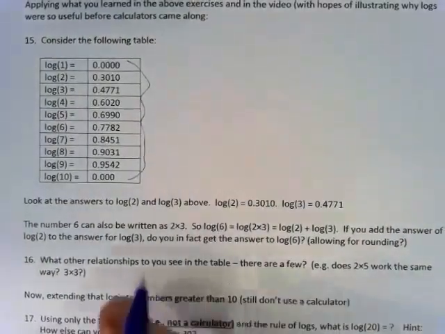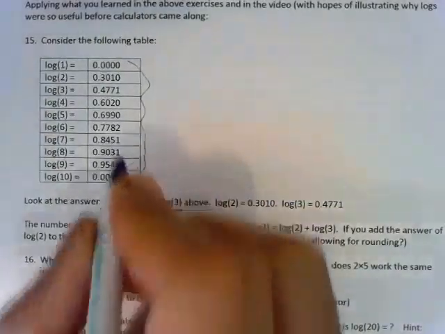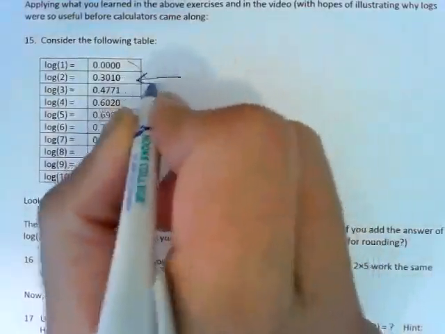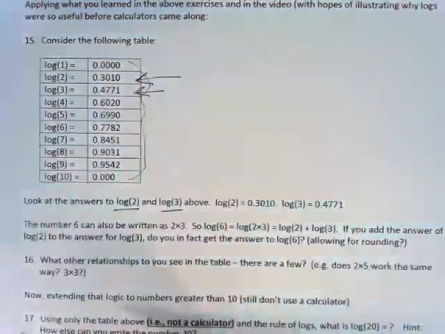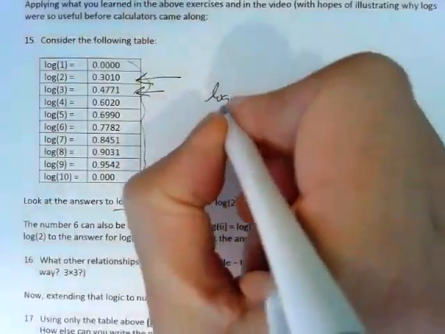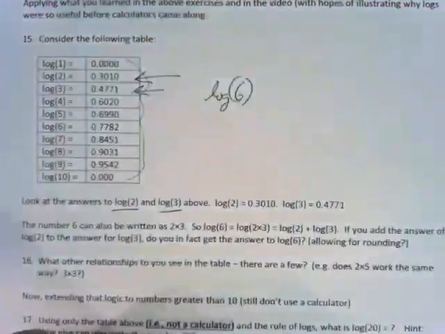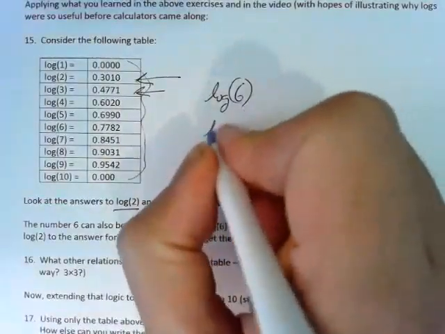So what do I mean by that? Well, let's even look at the log of 2 and the log of 3. The log of 2 is 0.301. The log of 3 is 0.4771. So let's imagine that I knew those two things. I had those memorized, 0.3 and 0.47 even, just rounding it. Now I want the logarithm of 6. Well, I don't know the logarithm of 6. But I do know that 6 is equal to